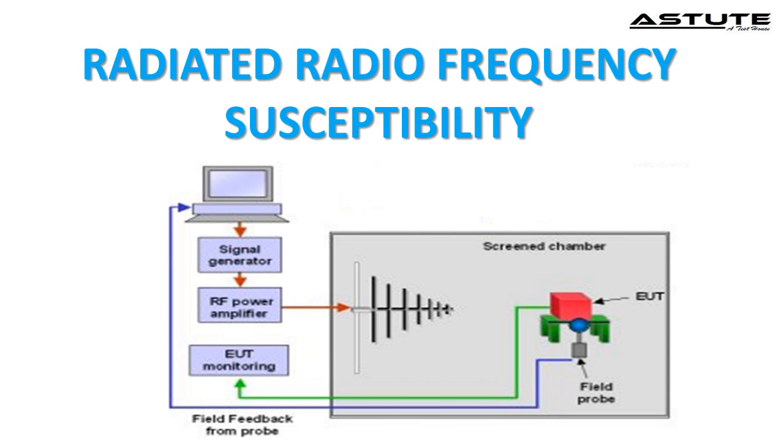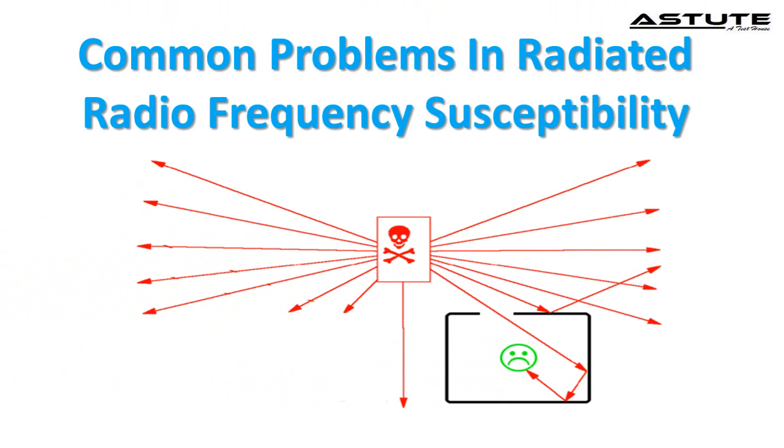Radiated RF immunity simply refers to equipment immunity to unwanted RF noise received by antenna and antenna-like components, generated by other equipment. Common problems in radiated RF susceptibility received by a device are given below. Natural sources like the sun, the earth and the ionosphere all emit low-level RF fields. Radio and television broadcasting, mobile phones, pagers, cordless phones, police and fire department radios, point-to-point links and satellite communications all produce RF EMI. Other sources of RF fields include microwave ovens, radar, industrial heaters and sealers, and various medical applications,